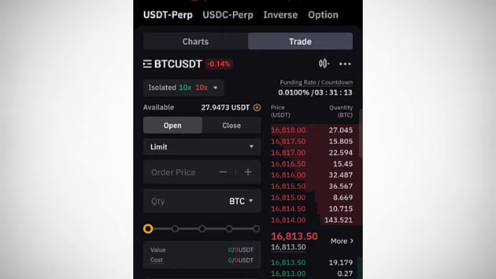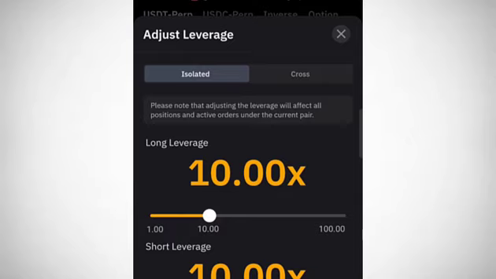Before we proceed, if you look under BTCUSDT, you are going to see isolated 10x. When you click on it, it gives you this interface to increase your leverage. And what is leverage? Leverage is the use of borrowed funds to increase your trading capital or your trading position. For example, with 10x leverage, you can increase your $10 to $100. You can increase your $100 to $1,000, and you can equally increase your $1,000 to $10,000,